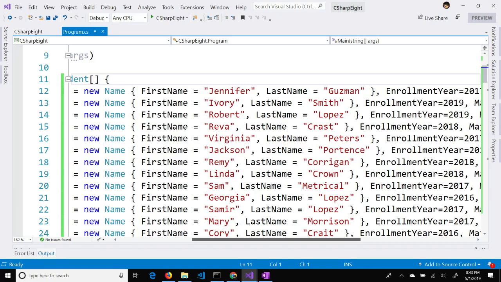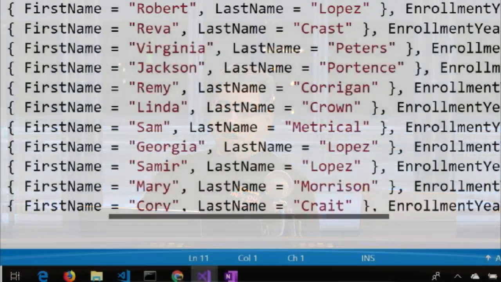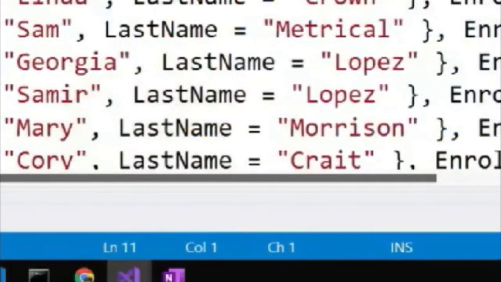Might be some interesting reason for that later. They're both just strings, and then a student has an enrollment year and a major, which is also just a string. Nothing too special. So we have this list. It's not too important where the list came from. I think what's more important is that if you wanted to query this code